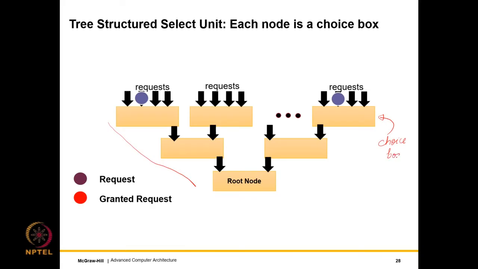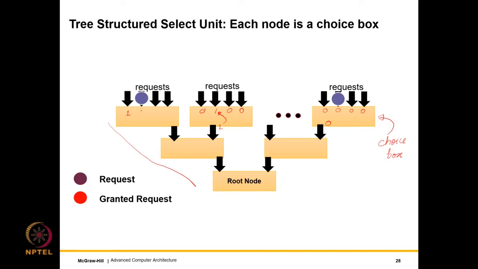What a choice box does is that it first inspects all the requests that are coming in. They can either be 0 or 1. If all of them are 0, it will set its output to 0, basically saying that none of its requests are interested. Let's say one of them is a 1 and the rest are 0, well then it's easy. It just remembers the fact that this was the request that it chose and it sets its output to 1.